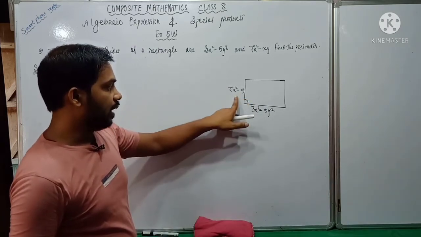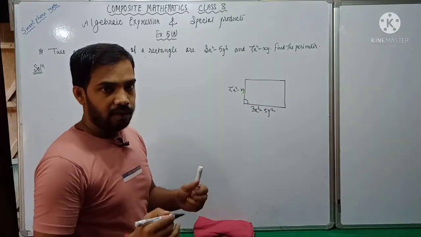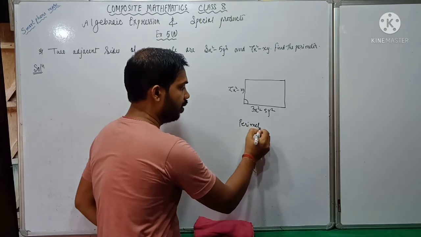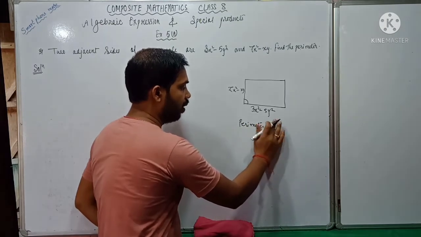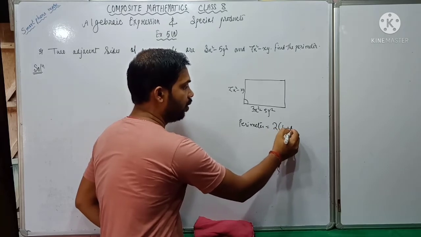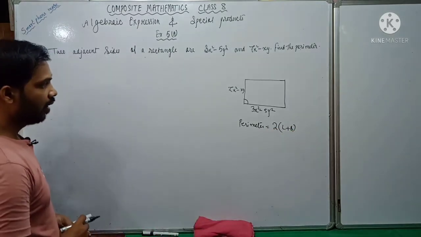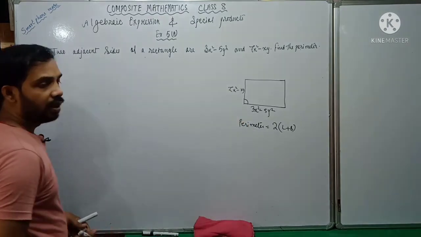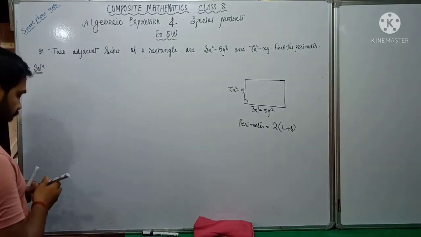These are two adjacent sides. Now I have to find the perimeter, and you know very well the formula of perimeter is 2 into (L plus B), meaning 2 into (length plus breadth). So sides are given, so we have to consider this as L and this as B. So we will write,